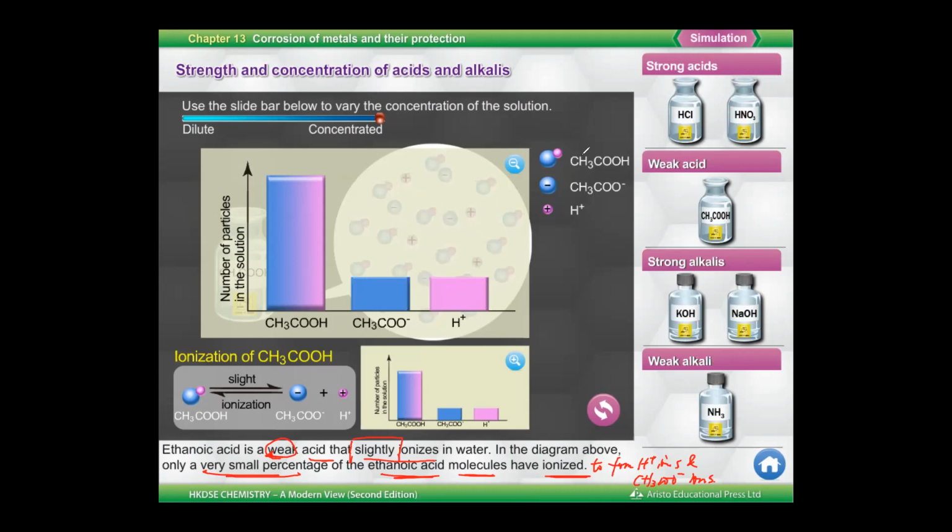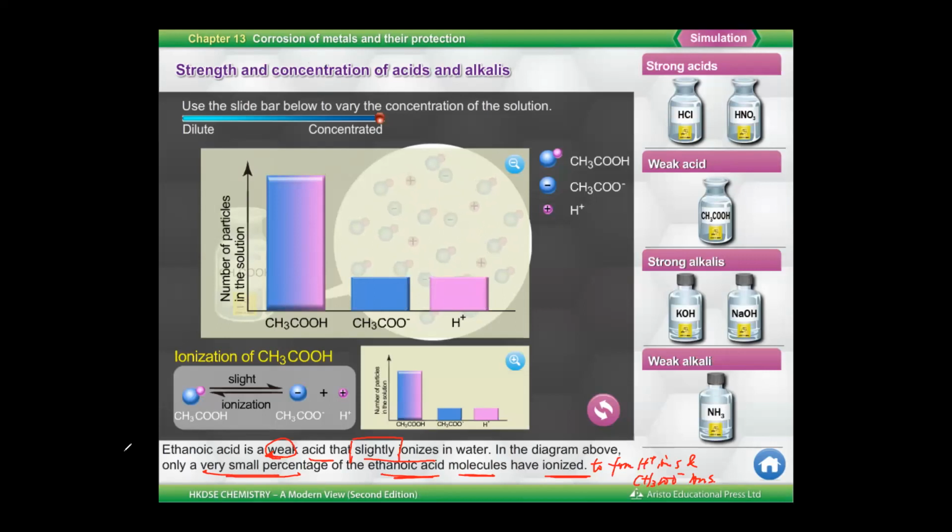Good question, Sam. What do you think? First of all, you try to make some clarification of the substances. First of all, is there any relationship between strength and concentration of acid? The answer is no relationship. Concentration and strength have no relationship. This is the first thing to clarify. Second, since concentration and strength have no relationship, what do we check? We try to take a look